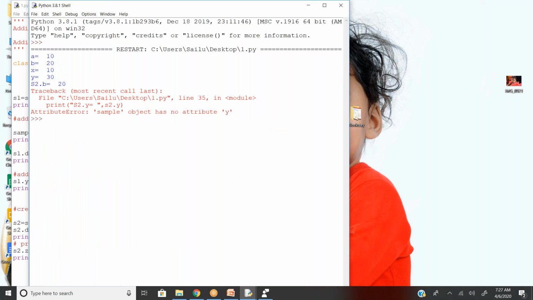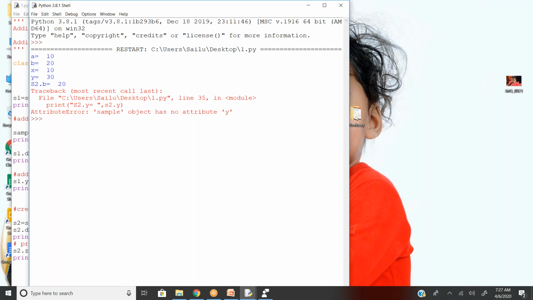Now which one is displayed? B is created when it was an S1 object, and I also can refer to B for the S2 object. So any static variable can be called on any object, but non-static variables are dependent on your object.